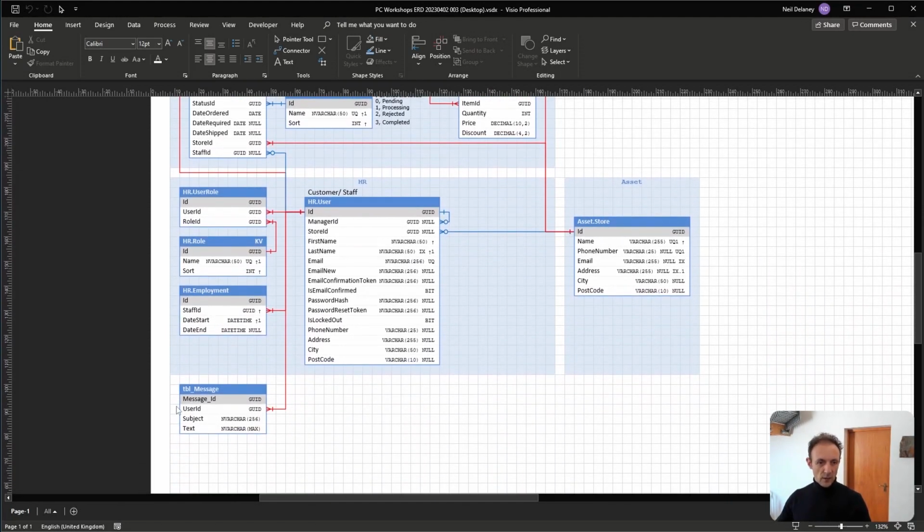One of the tables is TBL_message with a primary key of message_ID. Quite different from the rest of the tables. This is to illustrate that this could be an existing database. I'll show you how I handle that within the application. So I'll close this diagram